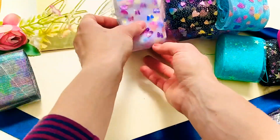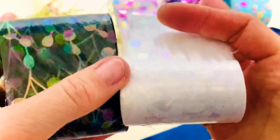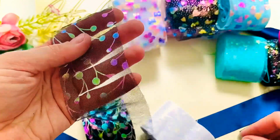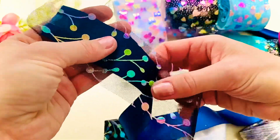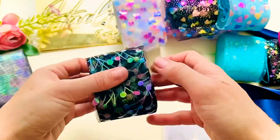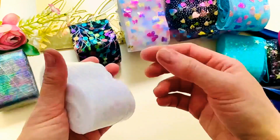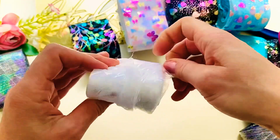Two of them. Here I have 2 white and navy. No, it's black. Wow. Amazing. For the hair bow it's just wow. Very sparkly. Very shiny. And white. Let's see white. As you noticed, guys, the dark colors are shinier, more visible. For the lighter colors, for the tulle ribbons, it's best to use